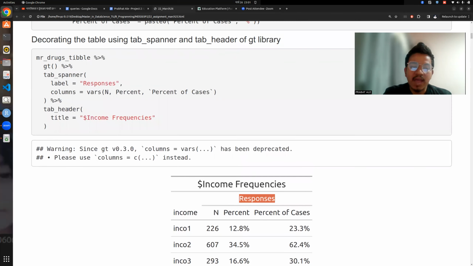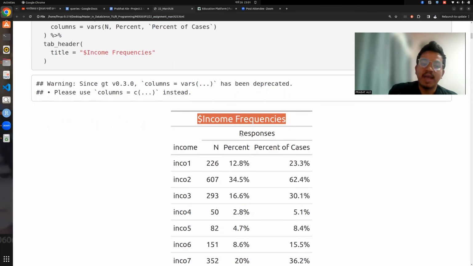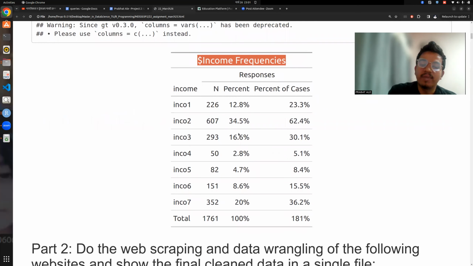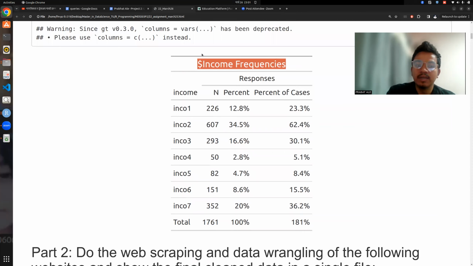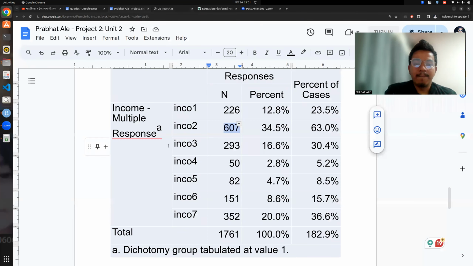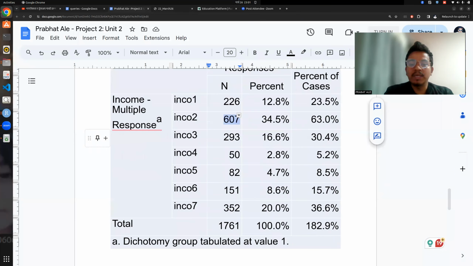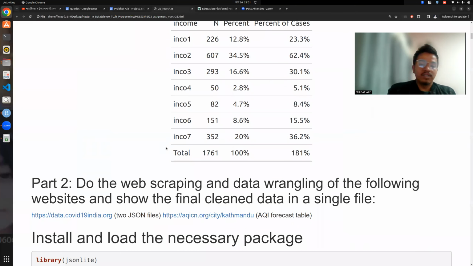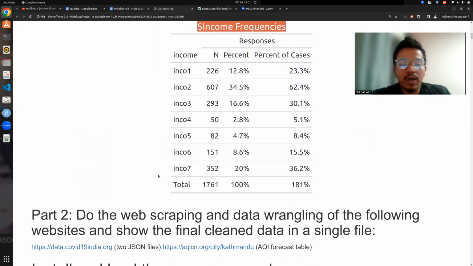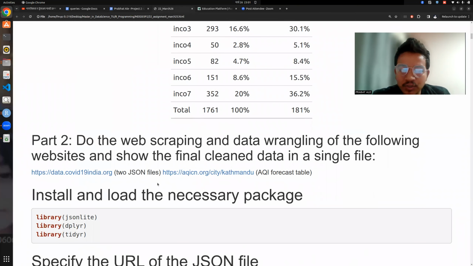And we also have tab header, which will span all of this. So this will be a heading for the whole table. That's how the result has been created. So we tried to replicate as much as we can, but there is still room to improve upon. Moving forward, let's go to part 2,